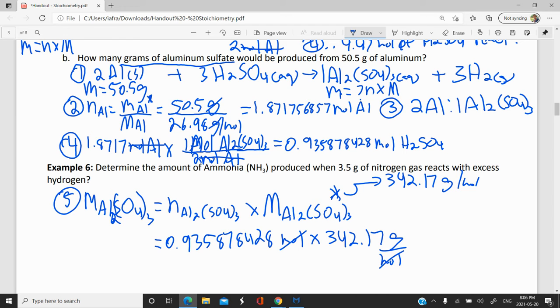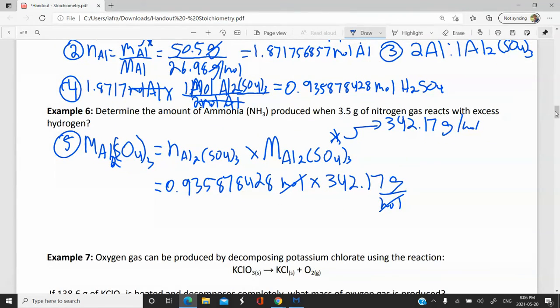Moles cancel out, and in the end we get, so let's plug this into our calculator, 0.935878428 times 342.17. We get 320.2295217 grams of